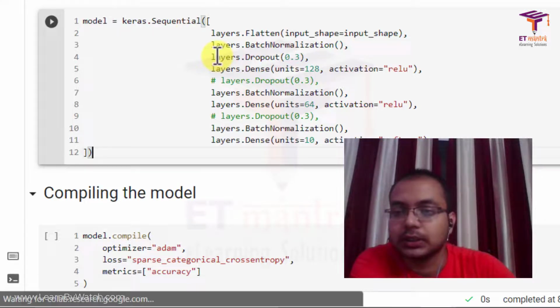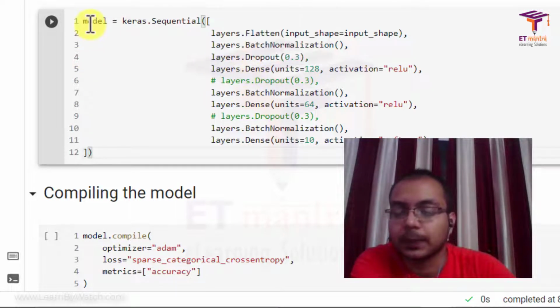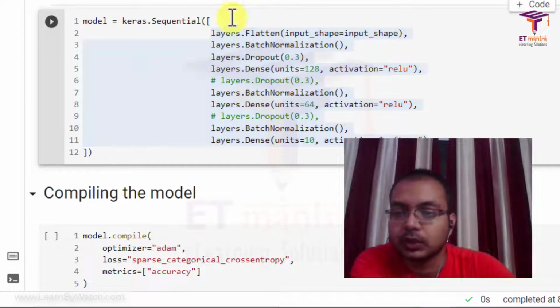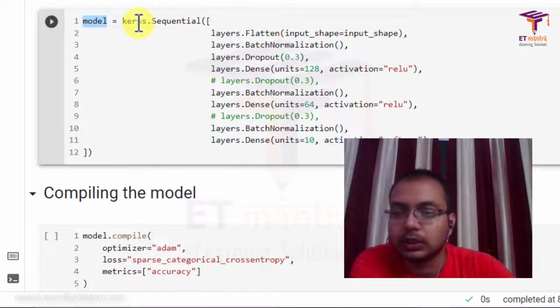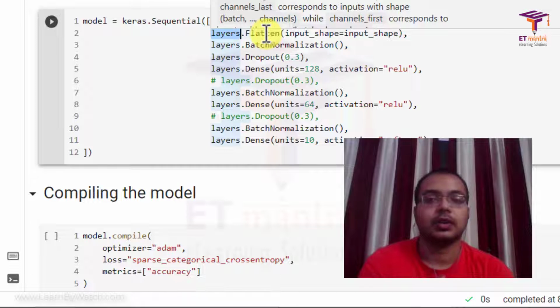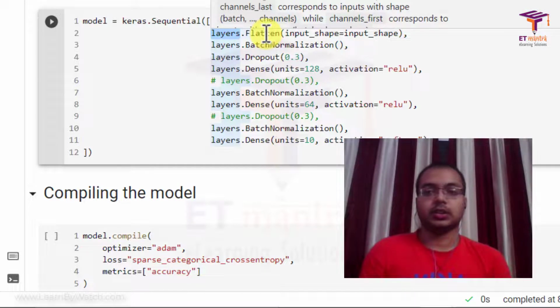Okay, now we have looked at the dataset. Now we'll start building the model. So this is how we create our neural network architecture. We start by defining an object model, and from keras.Sequential we start adding layers. So this is the first layer, layers.Flatten. What this does is, we have our image in a 2D array, so we take all of those and just flatten them out, like make it into one column.